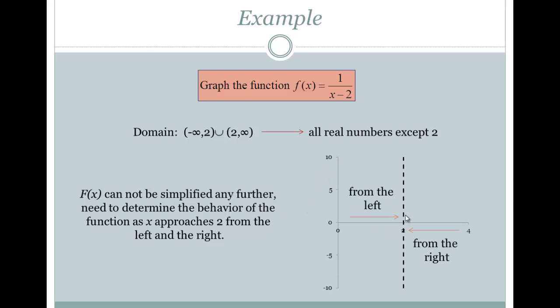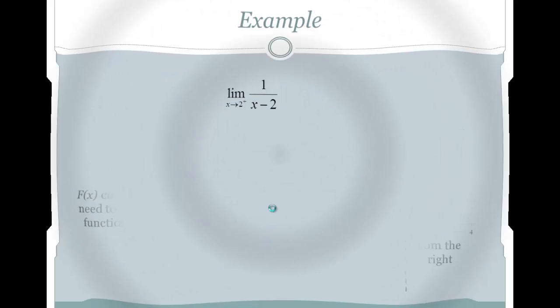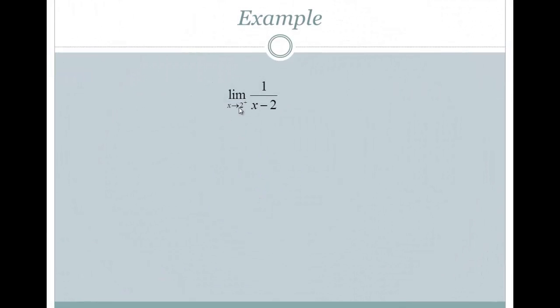In other words, I need to understand what's going to happen. I'm not defined at this point. I'm not defined at x equals 2. I want to see what the behavior is from both directions. Okay? Something a little different. I'm introducing this limit idea. This is a calculus term. This is something we're going to see towards the end of the course, but I want to introduce you to it. All it means is I want to find out what happens to this function as x approaches 2,